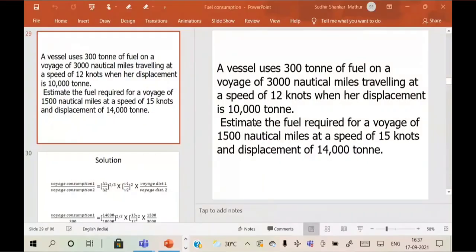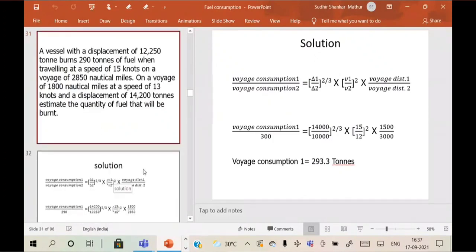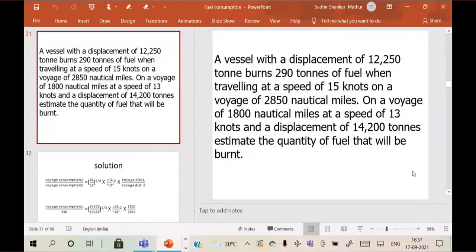ओके, चलो फिर नेक्स्ट वाला कर लेते हैं। ये वाला तो हो गया, हमने कर लिया है ये वाला 31। तो 30 का तो आ गया आंसर, 31 का देखते हैं। 31 is also similar, so we should not take much time. A vessel with the,